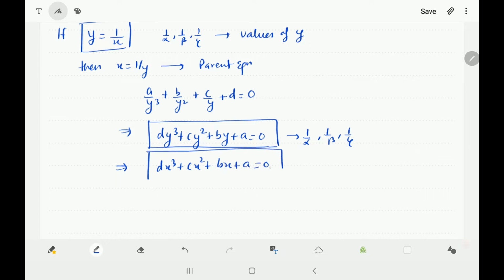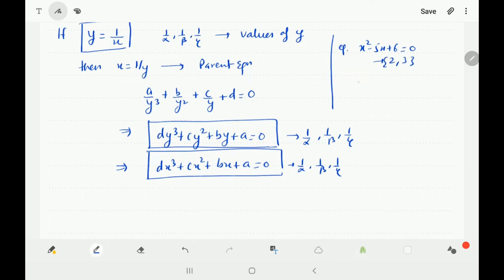Now if I change the variable, say to x, the roots won't be changed. This is also a very important point. The roots won't be changed if you change the variable. For example, I'll just write it here. If I say x square minus 5x plus 6 is equal to 0, what are the roots of this particular equation? 2, 3. If you write y square minus 5y plus 6 is equal to 0, the roots will be 2, 3 again. If you write t square minus 5t plus 6 equal to 0, the roots again will be 2, 3 only. So the variable does not change the roots,